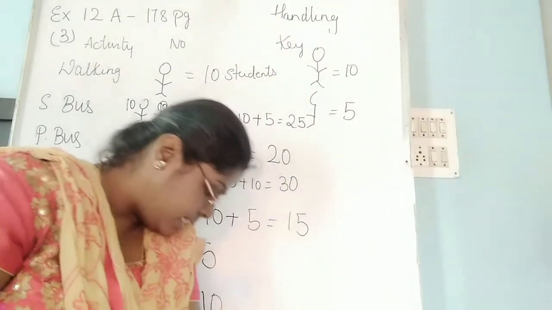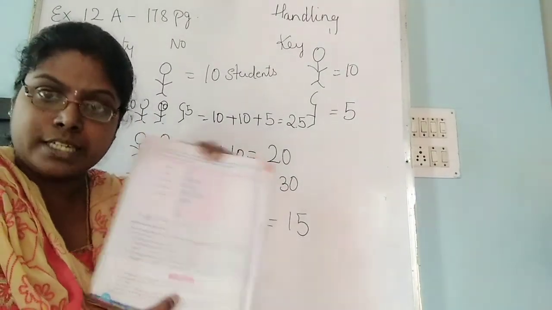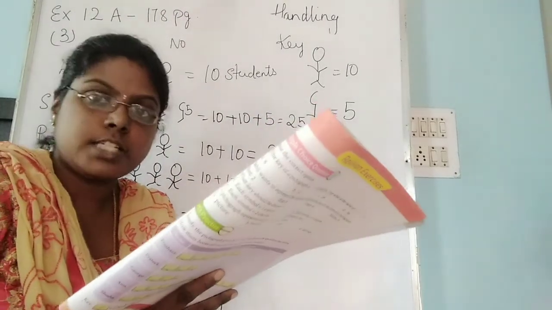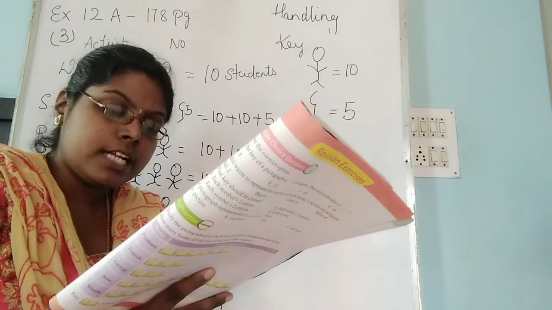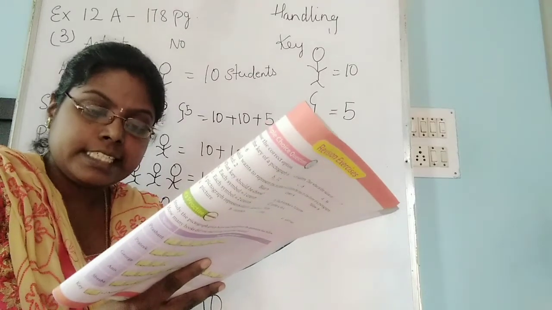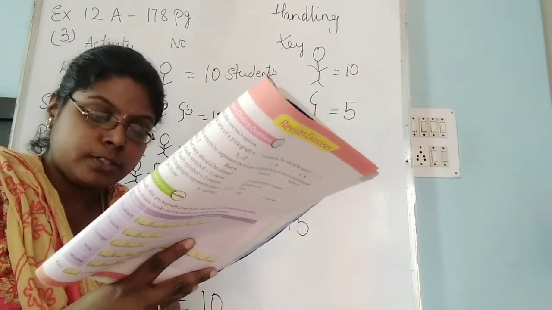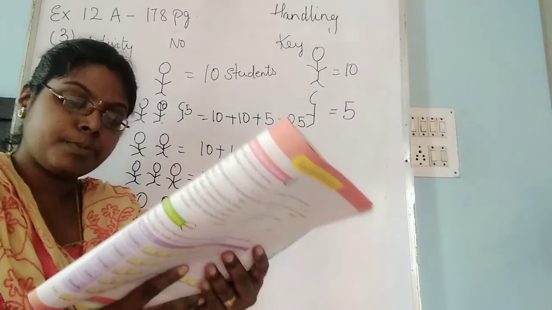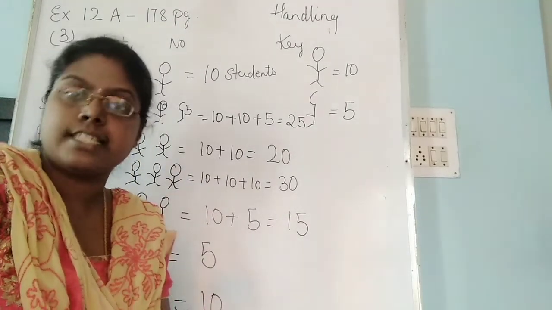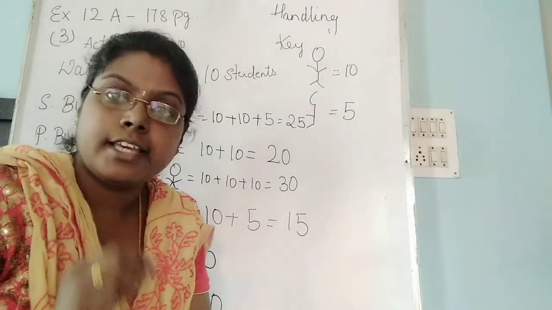And before ending the class, I will just read out the summary of the pictograph. A pictograph or a pictogram represents the data in picture form. This is what we have discussed in the previous classes. And a pictograph consists of 4 parts. What are the 4 parts? This also you had told me. Labels, titles, categories, pictures or symbols, and the key. The title of the pictograph gives us information about what is being represented, and the key of a pictograph gives the value of each picture or symbol.